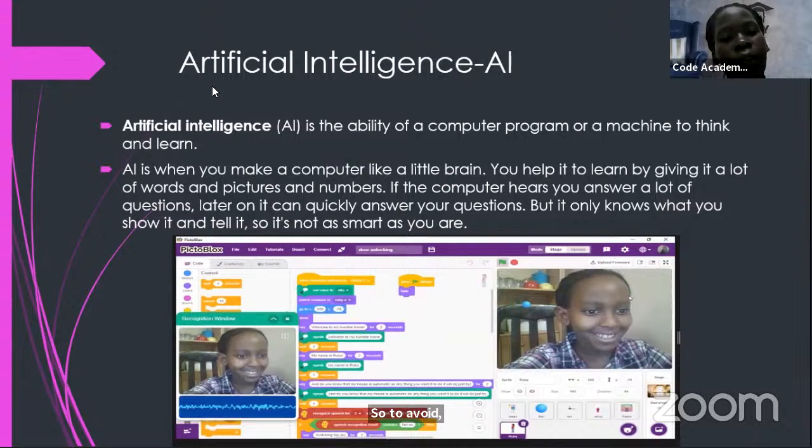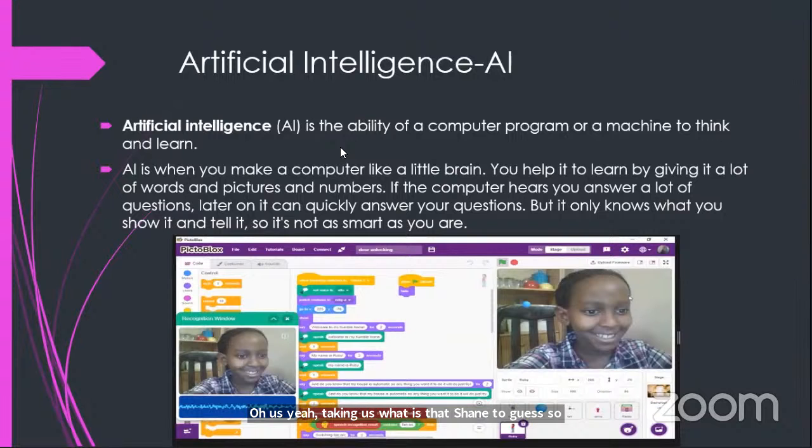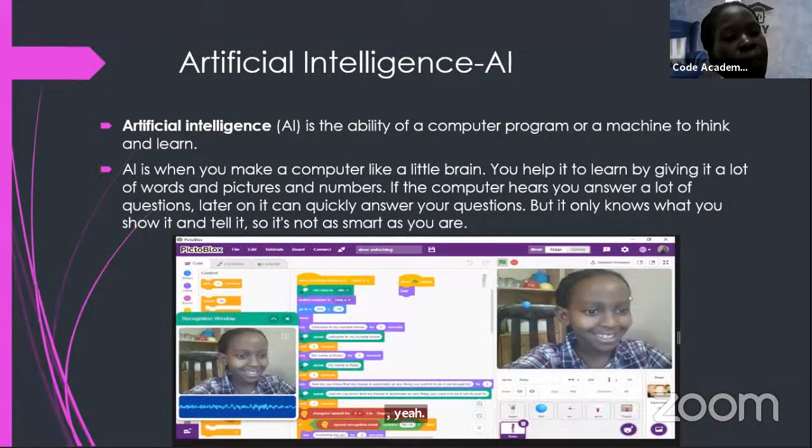I was taking us through what is artificial intelligence: to think and learn. In simple terms, artificial intelligence will make a computer like a little brain. You help it to learn by giving it a lot of words, commands, code, pictures, numbers.